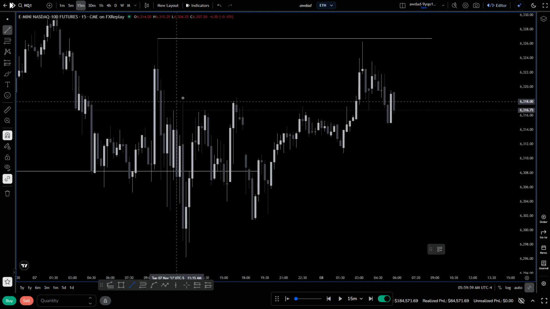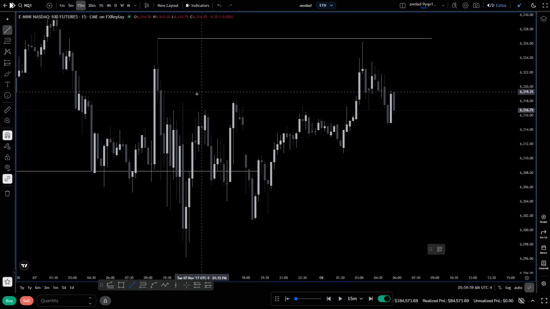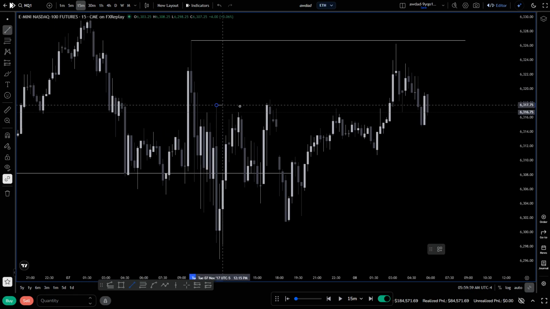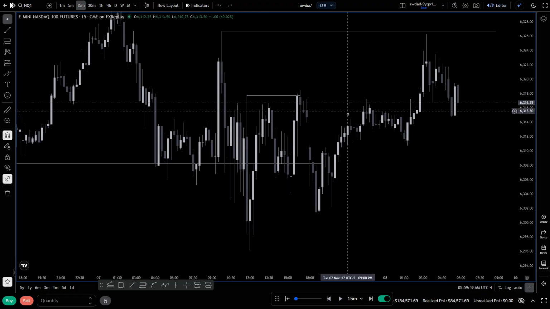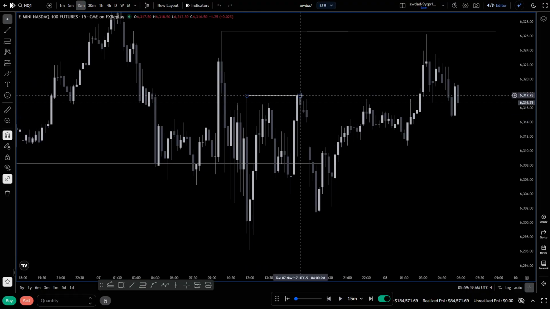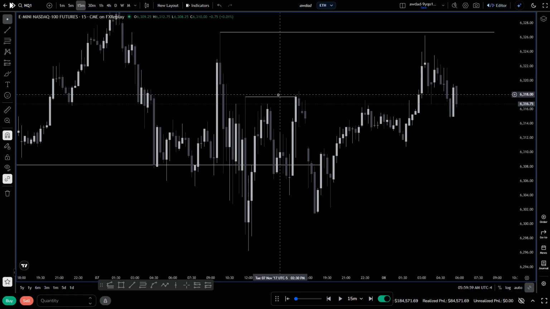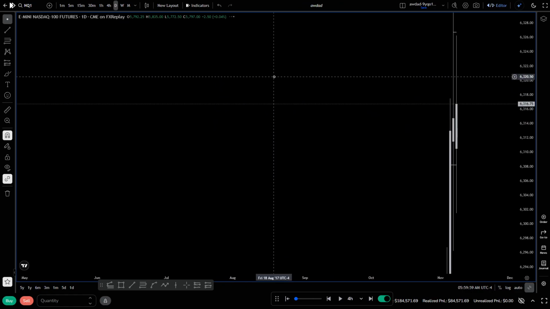Or let's take for example, we can use a previous example and we'll get into live examples. So let's look at this. How do I know this is a liquidity sweep? You're not going to know all the time. I wouldn't be saying this is a liquidity sweep. That's just, well, this is also the end of the day, but I wouldn't be saying this is a liquidity sweep. Because guess what? Let's look at the daily chart.